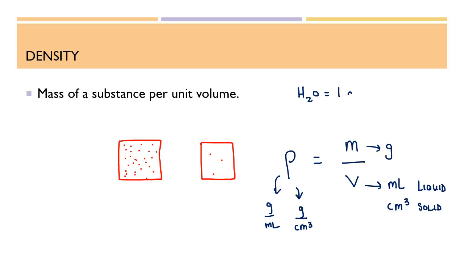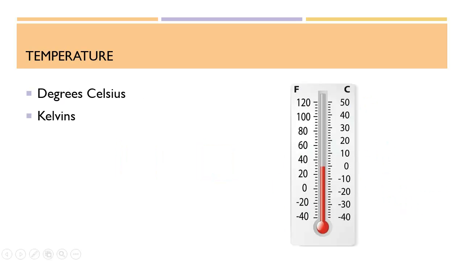The last measurement we will be discussing is the measurement of temperature, which can be measured in degrees Celsius or kelvins. Now we abbreviate degrees Celsius with this degree symbol and then a capital C, and we abbreviate kelvins with just a capital K. The thing about kelvins is that it's an absolute scale, and what this means is that